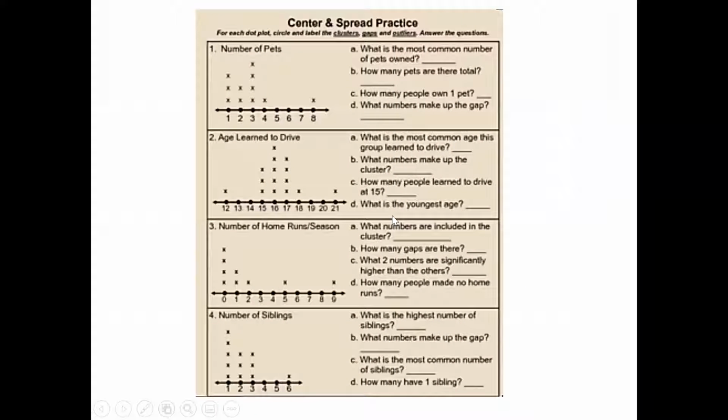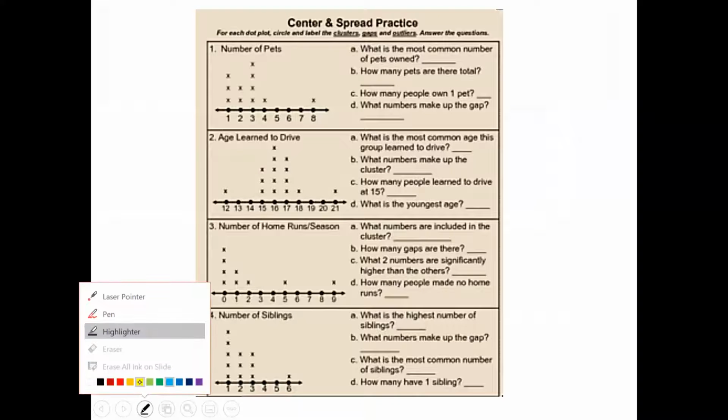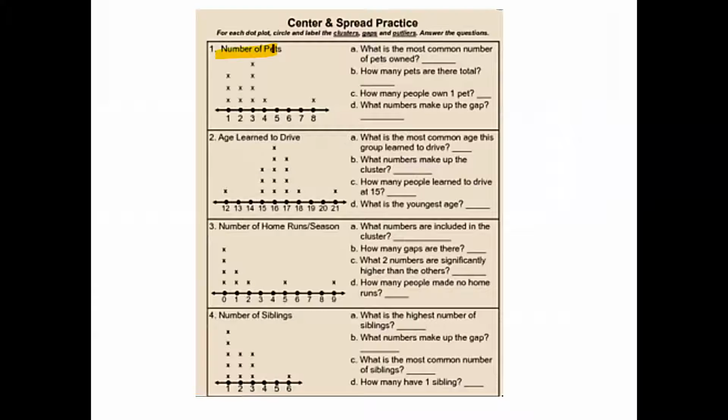Okay, next we're going to take a look at the spread of how data are done. So here, number one tells you about the number of pets using this frequency table. I want you guys to answer the following question. What is the most common number of pets owned? Well, as I look at this, it looks like it is 3 because that has the most dots where X